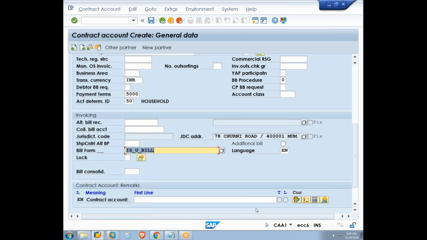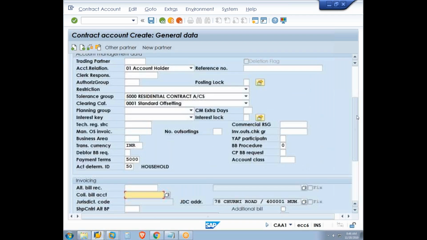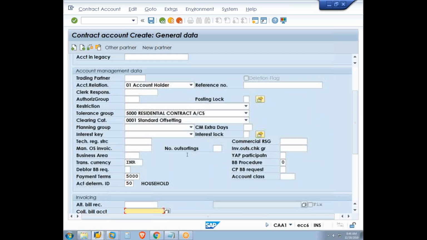And if the contract account is assigned to a collective bill account, we will enter the collective bill account here. So collective bill account, we will see in the future. So this is the information that you initially have to maintain. We will also try to understand the other fields, planning group, and then business area. Debitor BB required, BB procedure I will enter now. Now go to